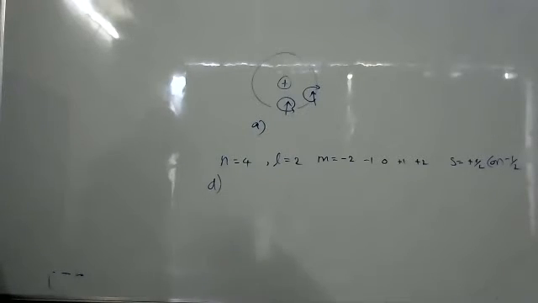Question to Tanisha. Question number 57. Yes. For an electron in a hydrogen atom, the wave function psi is proportional to exponent minus r by a0, where a0 is Bohr's radius. What is the ratio of the probability of finding the electron at the nucleus to the probability of finding it at a0? Okay.